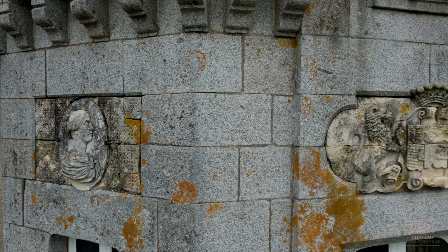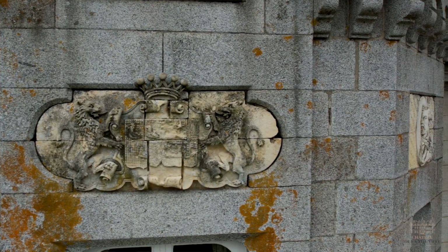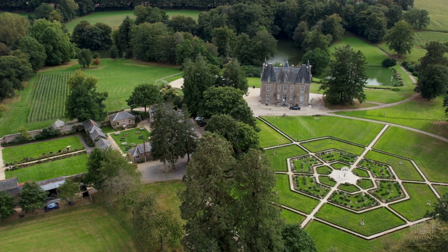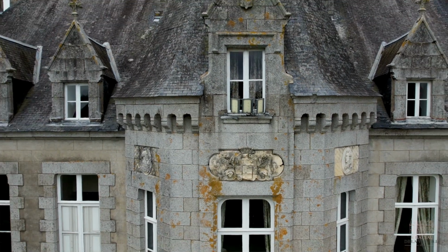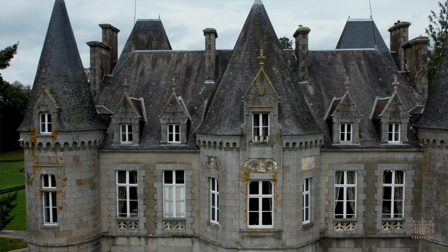We are here at Chateau de la Vieuville, a 19th century chateau built in the heart of Brittany, approximately 30 kilometers from the Atlantic coast, in an area which has a long history that goes back to the time of the Romans. In fact, the domain of la Vieuville starts with a history of the Roman road between the town of Rennes, which is the provincial capital, and the town of Caen in Normandy. And in fact, the domaine de la Vieuville is on the Roman road, which actually traverses the estate of